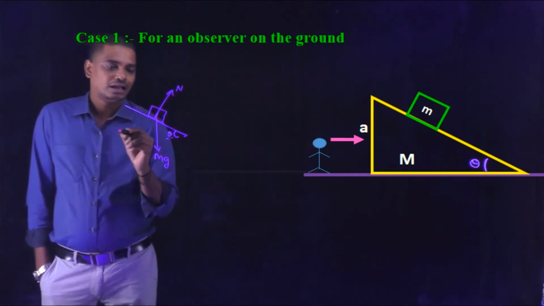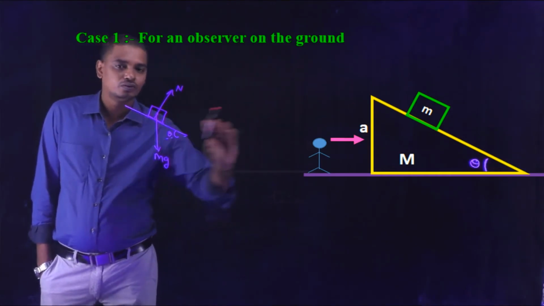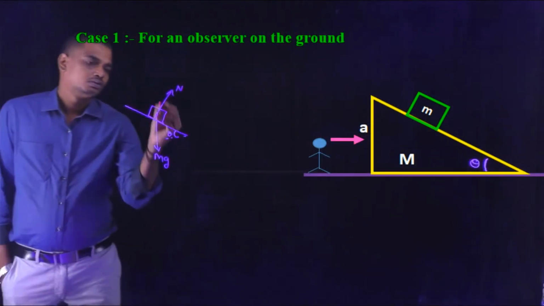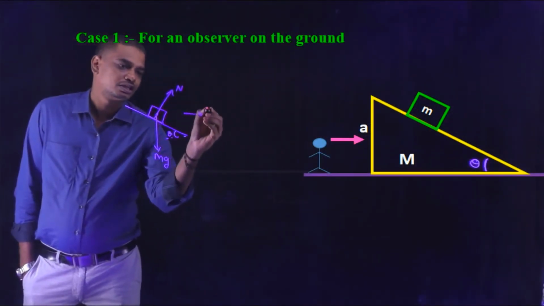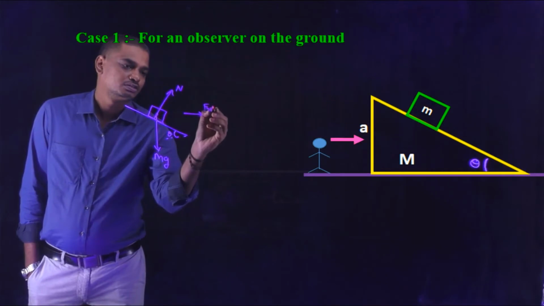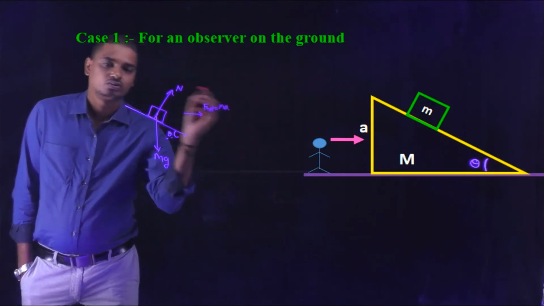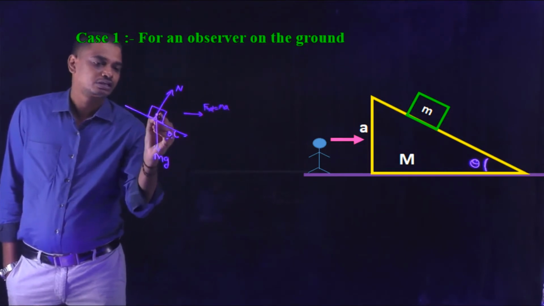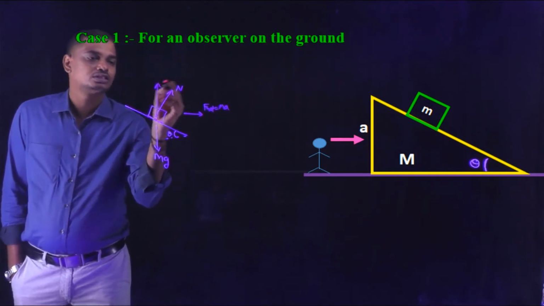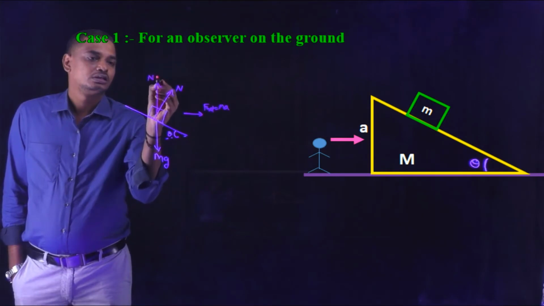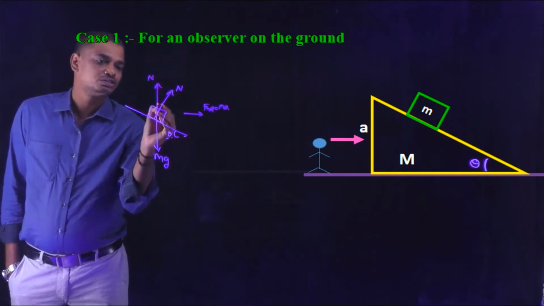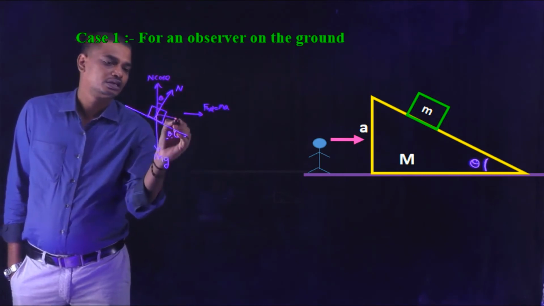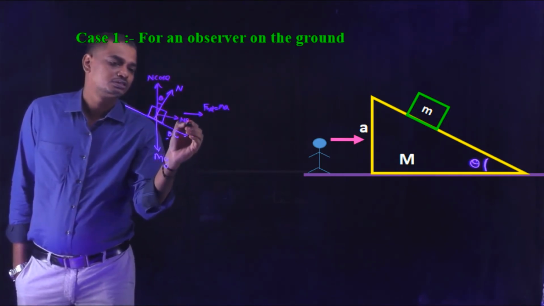And as the block is moving in this direction, the force is acting in this direction. So acceleration is in this direction, so net force acting is equal to ma. So the normal reaction can be resolved into two components. Along this direction, that is N cos theta, as this angle of inclination is theta, it is also theta, so N cos theta, and along this direction it is N sin theta.